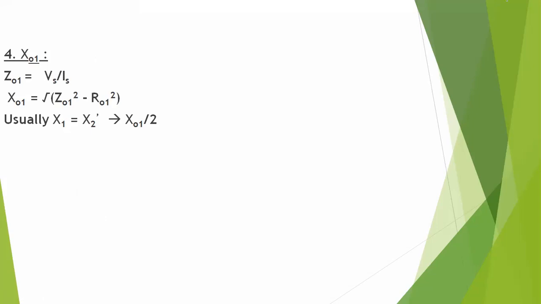Suppose you take this motor as a squirrel cage, then R1 is usually found out by different methods as discussed before, and after finding out R1, we can get R2 dash. I will tell you briefly in further classes. From R01 we subtract R1, which gives R2 dash. This R2 dash is nothing but the effective rotor resistance referred to the stator. So R2 dash can be written as R01 minus R1. Problems you will see in the next class.